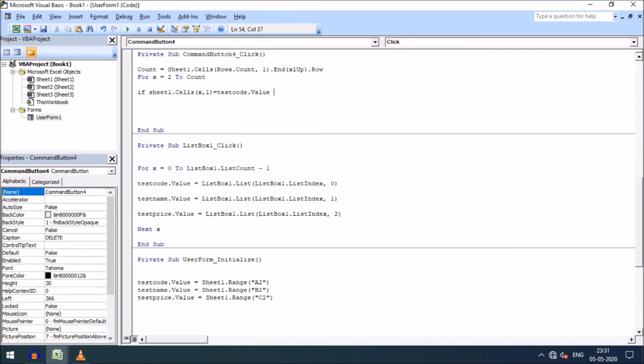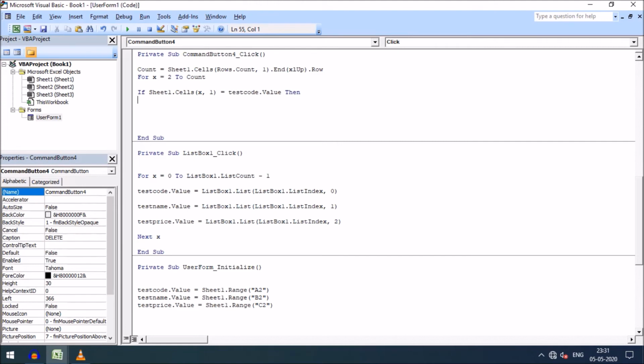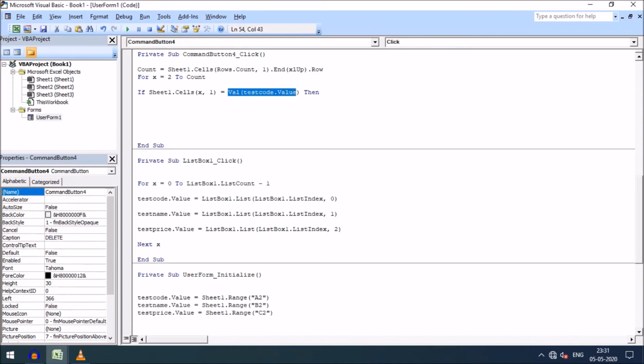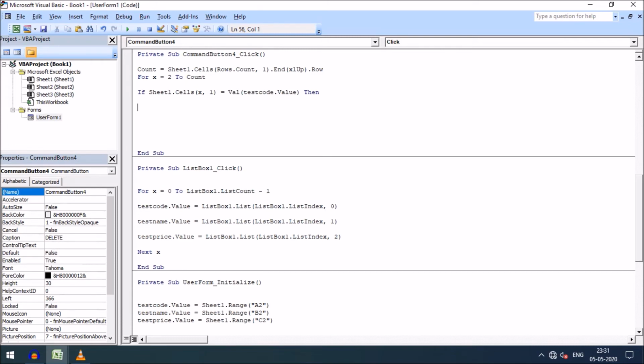Then here I need Val. I need to add the Val function to convert the text of the text box named TestCode, so that it will not show any error message. That is, it will find the number in the first column of Sheet1. So I have converted the text into a number here with the Val command. So if it is found,